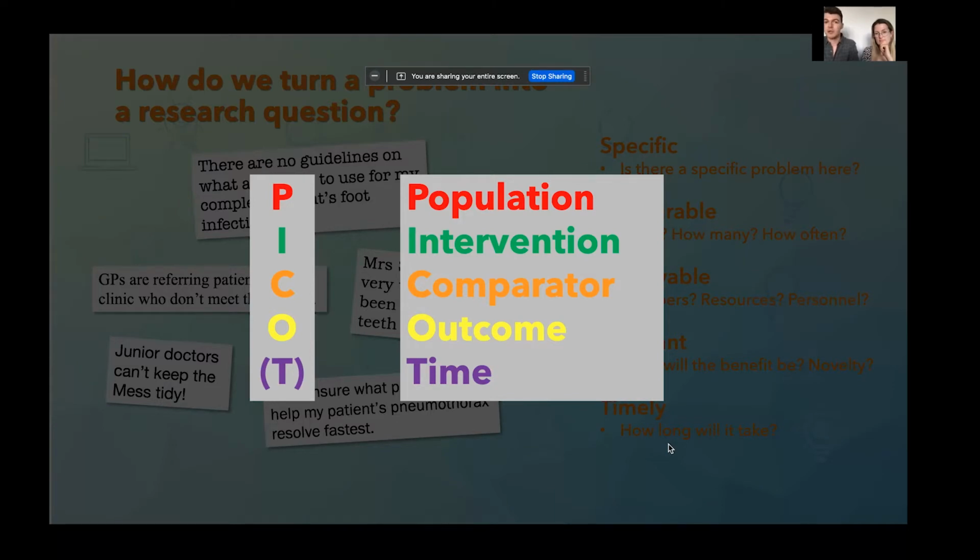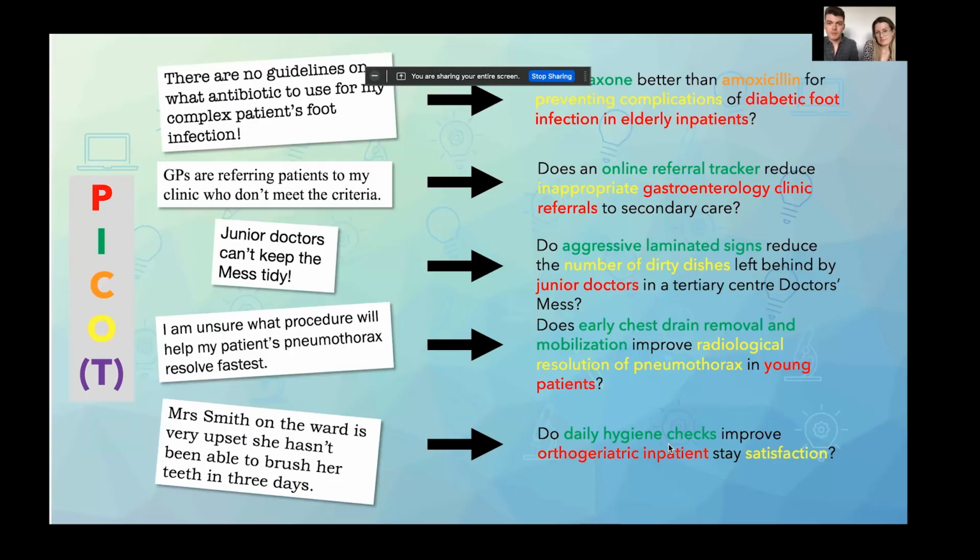It's called the PICO tool, and it talks about the population that we're looking at for a research question, any interventions we're using and what we're comparing those interventions to, the outcomes that we're measuring, and the time that we're conducting a project over. You can see here what we've done is we've taken these hypothetical research problems, and we've just demonstrated how you can go from something a little bit more nebulous to something that is an answerable, actionable